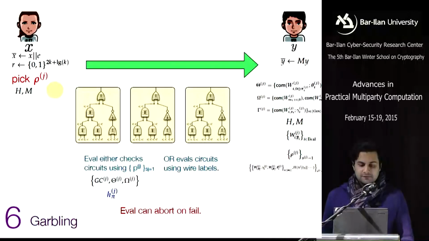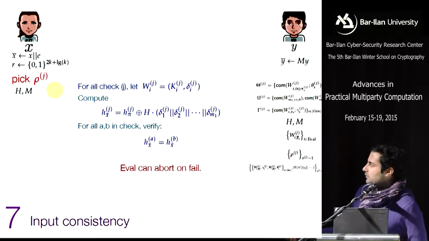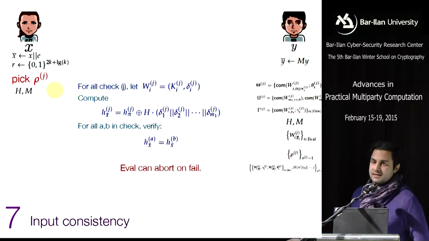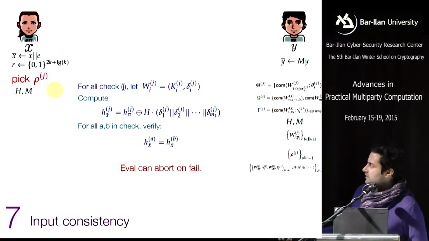Okay, and finally, the input consistency. If you remember, the input consistency is this check right here. This was received. This value was received in the OT, and this value can be essentially computed by, yes, because for all of Alice's input wires that Bob received through the OT, those input wires include this check